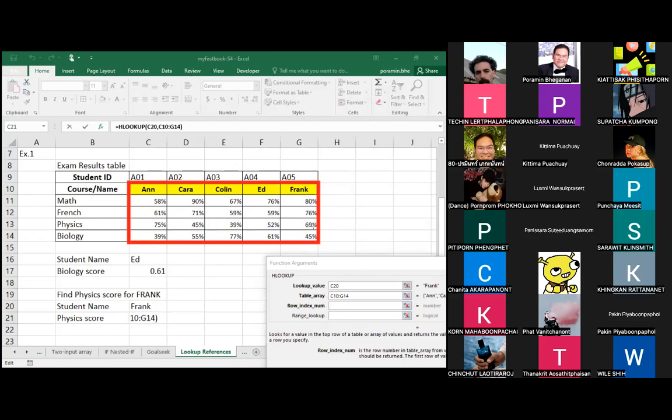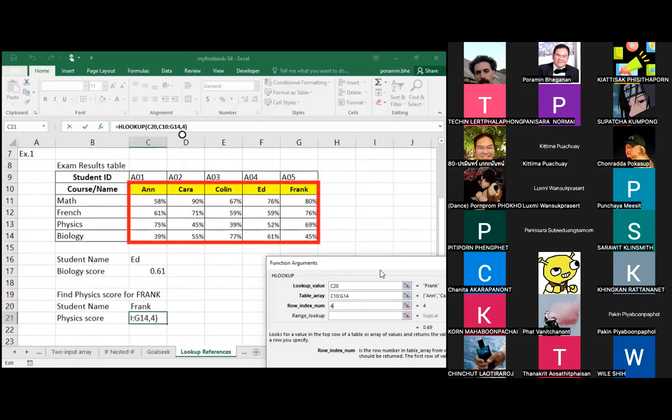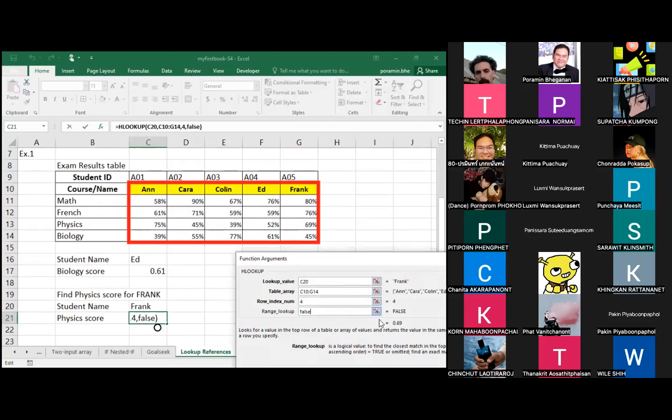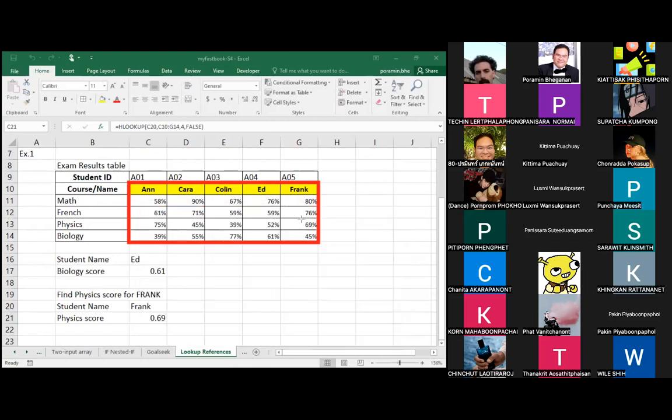Physics score in this case is in row number 4, so my row index num is 4, and range lookup is false. So you should get 69% for his score. In this one, the physics score of